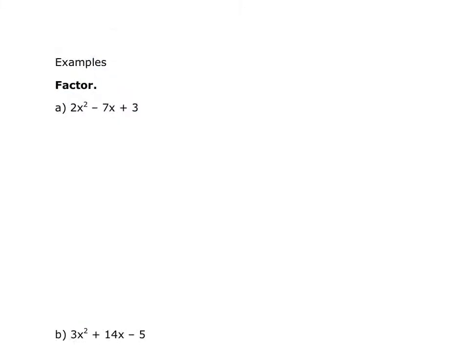Okay, so now that we have an example, what we're going to do is say a times c is equal to d. And again, a times c, 2 times 3 gives me my new value for d, which is 6. So that was step 1. We took a times c. Step 2, we're going to say